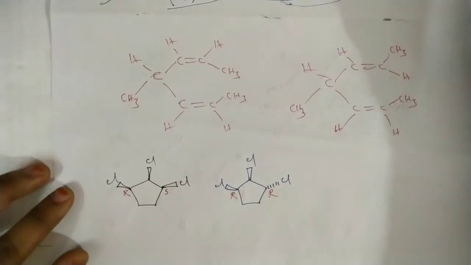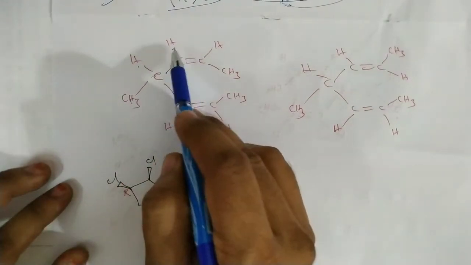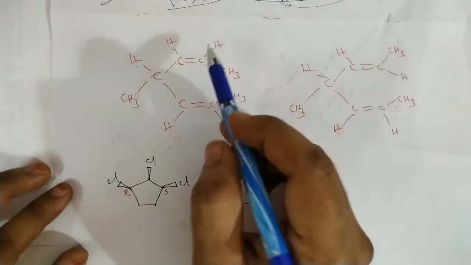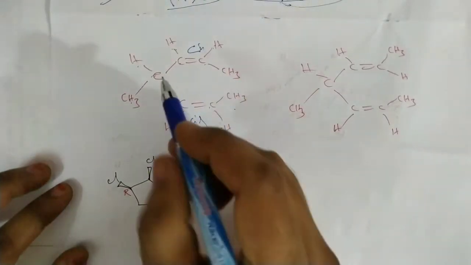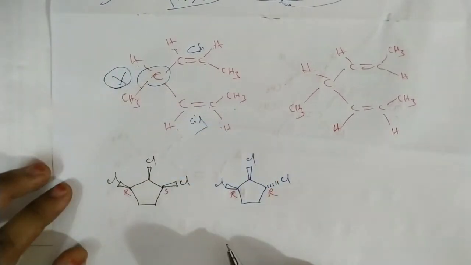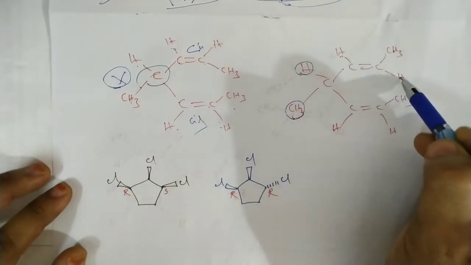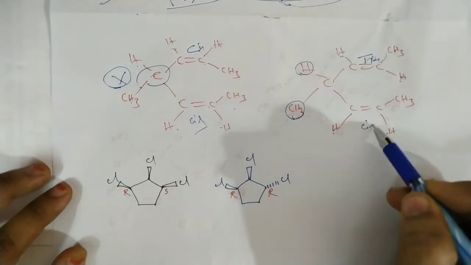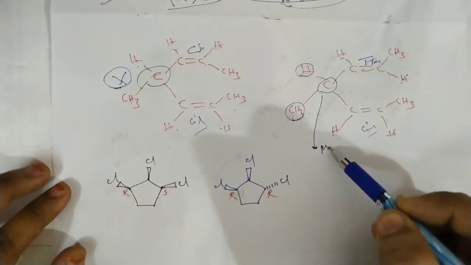And next, let us discuss some more examples here. In this case, hydrogen and methyl (CH3) are structurally the same, but the configuration is different. Here hydrogen is on the same side, cis configuration, and here also hydrogen is on the same side, cis configuration, so it's not a pseudo-chiral carbon. But coming to this one, hydrogen and methyl, and here hydrogen and methyl, with hydrogen on the opposite side, so let us give trans configuration for this one, and here hydrogen on the same side, so it is a cis configuration. Now these two are structurally the same but configurationally different. So this carbon is a pseudo-chiral carbon.